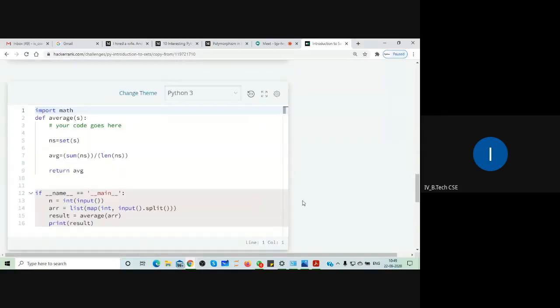We first take a list and convert it into a set, find the sum with the sum function, and find the number of non-duplicate elements using the length function. The sum of elements divided by the number of elements gives us the average, and we return the average.